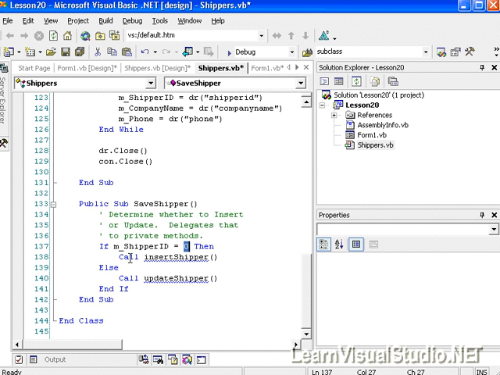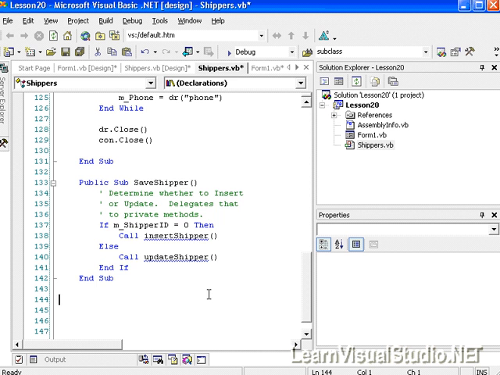So we're going to call out to two additional methods of our class to either insert the shipper or update the shipper. In the case of inserting a new shipper,